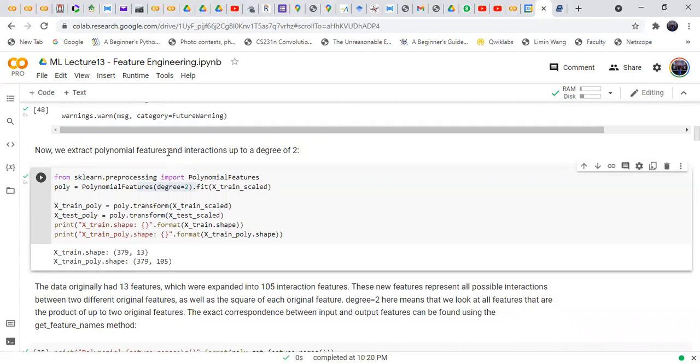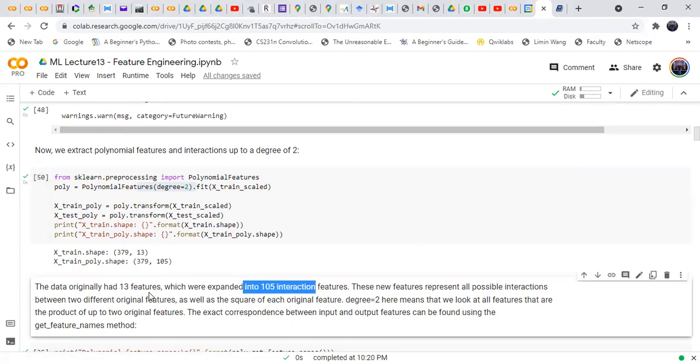So we consider the original 13 features for house prediction, and we consider some additional features, which we call polynomial features, up to a degree of 2. We can consider polynomial features up to a degree of 3 as well, but that's another topic. So it shows 13 original features, and the other combination is 105 features, which are called polynomial features. How do we get these 105 features? We get them by the interaction of original features.